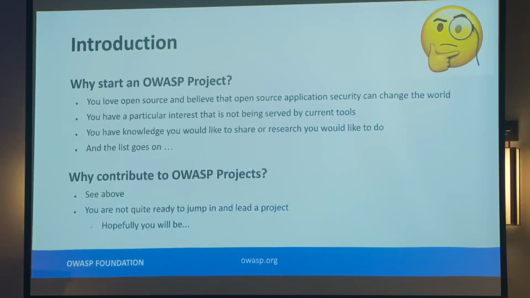Or they just have knowledge. A lot of our projects are documentation projects, where, with the OWASP Top 10 as a perfect example, the people just want to share what they know about application security with the rest of the world.